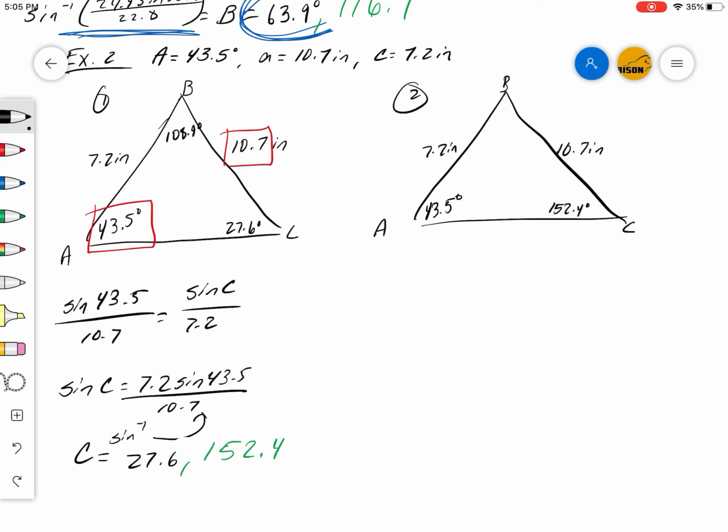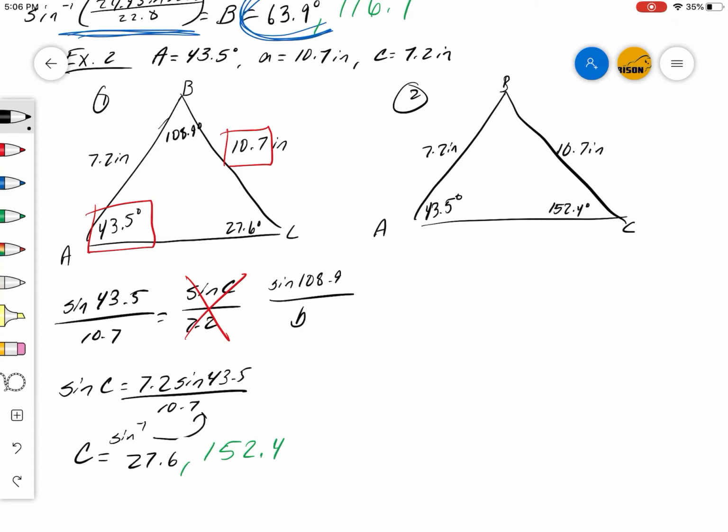And I'm going to use the law of sines to figure out what the last one would be. So using my control again, here's what I'm going to do. I'm just going to visualize that this is no longer here, and I'm going to set it up for B. So that would be sine of 108.9 over